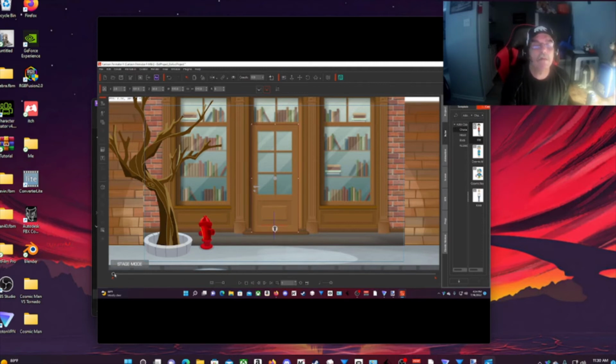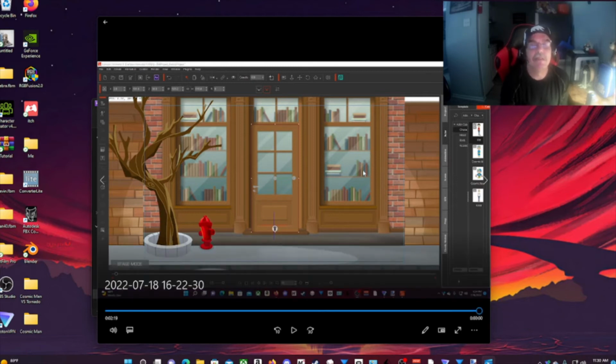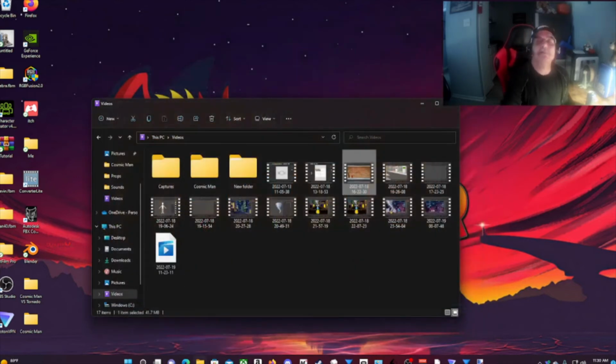So now what I'm going to do is simulate the door opening. The way I do that is by scaling. I'll scale the door and then I'll move it to the right. And I play that back. It's the quickest way to go when you're in a hurry. Anyway, that's how I made that scene.